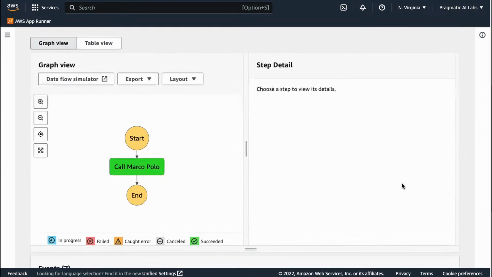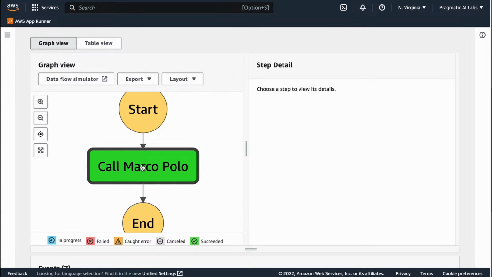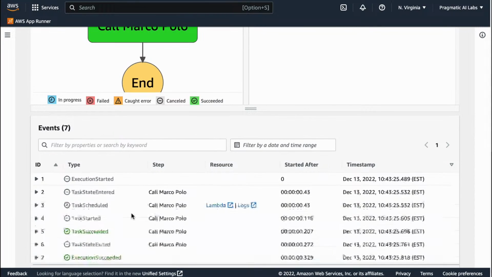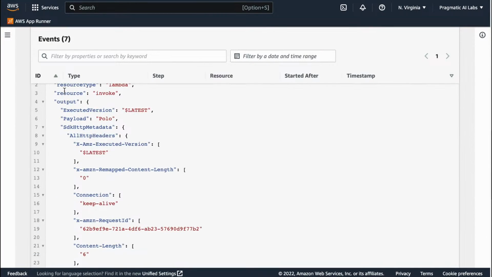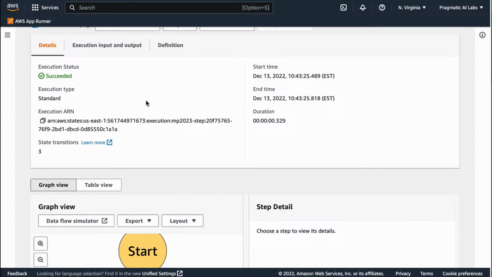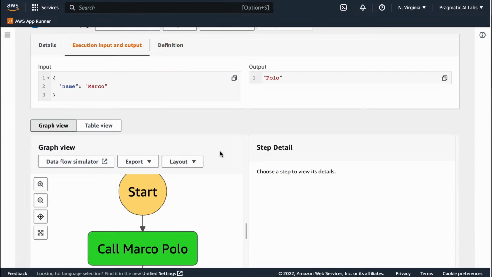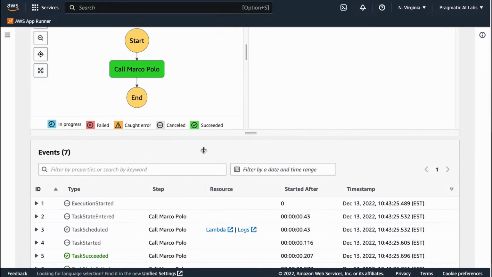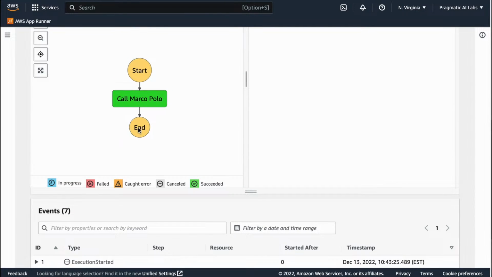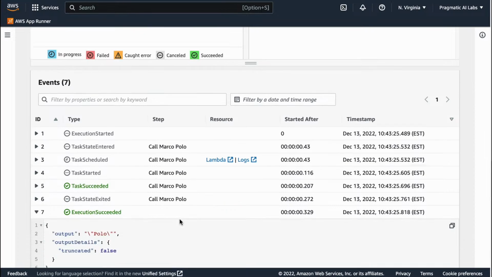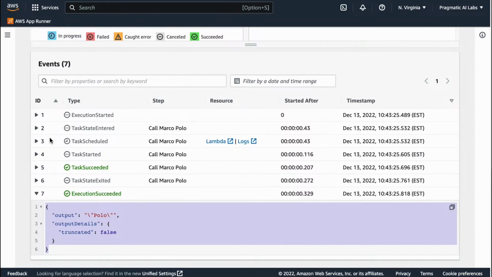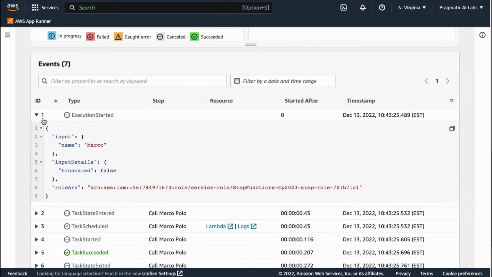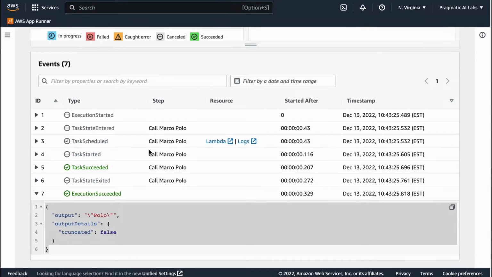There you go. And if we look at the details, we can see that it was successfully called, and we can look at the task was successful, right? So we have really good instrumentation here. That's the reason why this is kind of fun, is that we can see everything, the step details inside of here. Let's refresh it real quick. It's acting weird. If I click on this here, we should be able to say start, finish, execution succeeded. There you go. There's the output. And we could say execution started, and look, here's the input, right? So we can completely 100% reproduce this.